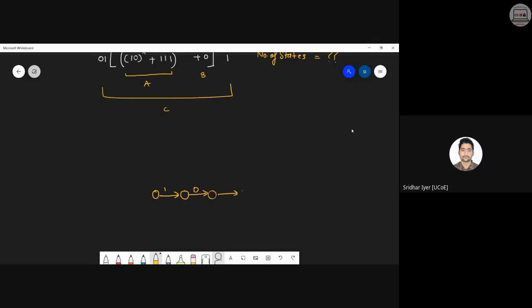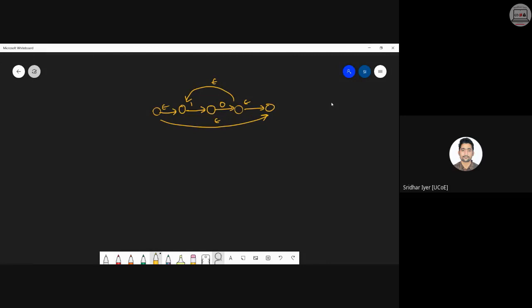And as you know, if I'm drawing a closure, I have to add two states, one at the beginning and one at the end. So this is 1 0 closure, right? Now, the question is 1 0 closure plus triple one. Whenever there's a plus in between, as you all know, the path divides. So one path will be for 1 0 closure, and the other path will be for triple one. This is the basic thumb rule that we need to follow.